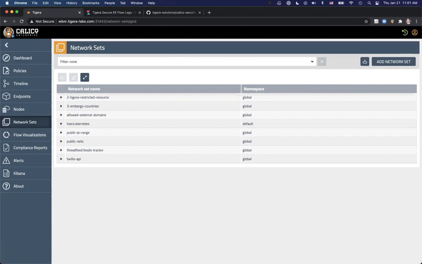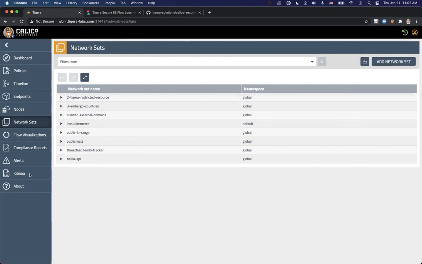And there is a question: are staged policies an enhanced version of dry run in the CLI tool? To some extent. What staged policies allow you to do is to still collect the flow logs. The dry run would not produce flow logs. The staged policies actually apply to the cluster, just watch the traffic moving through the policy, and collect the information about it. And one way to confirm that, let me see if we